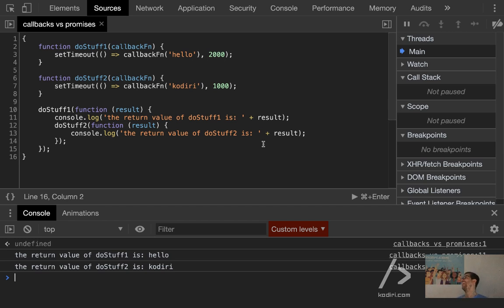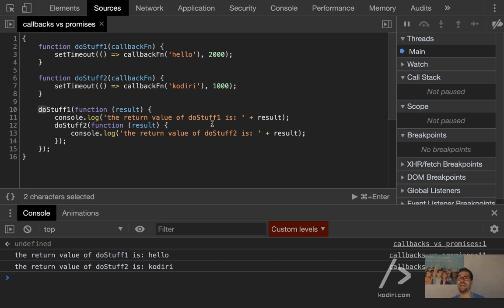Even though in the backend, in Node, they're still relatively trendy, in the front end, they look awkward already. It's just a matter of time before they disappear. They have some advantages, but in the majority of the cases, callbacks won't be used anymore. Why? Because they make your code harder to read and harder to manage.